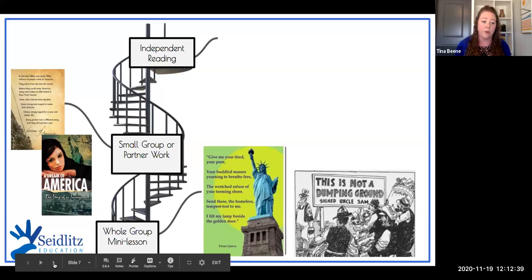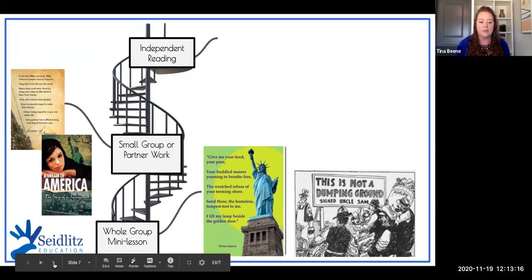Then we move into our small group or our partner work. And that's where we get to talk about a specific example and we use a resource, maybe from the awesome people at Saddleback, because they have fantastic resources like their high-low readers, where the content, ideas, and graphics are designed for our students who are at upper middle school or high school level, but the readability is at a level that's accessible for beginning, intermediate, and advanced English learners. So in our small group or partner work, we would do some type of task that is connected to the literacy levels of our students, so that it meets them where they're at and helps them grow.